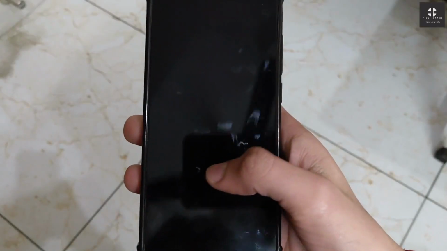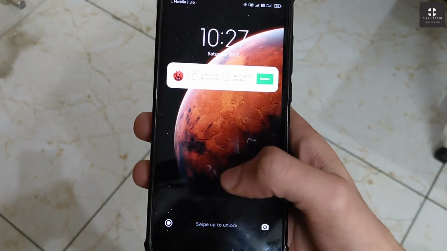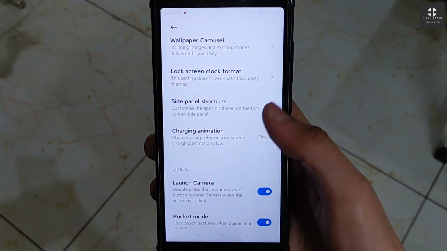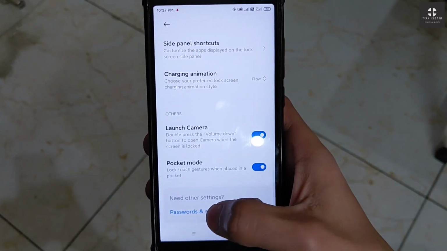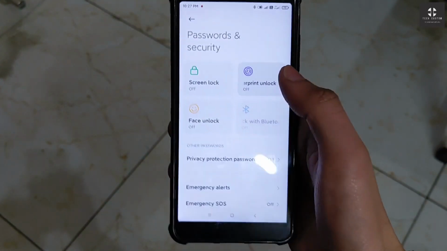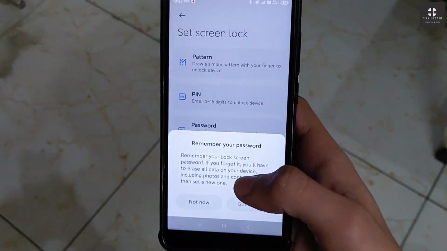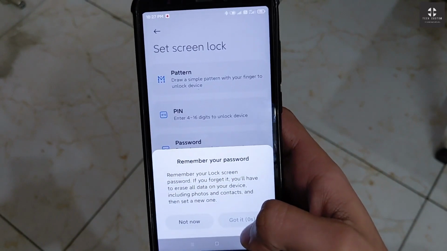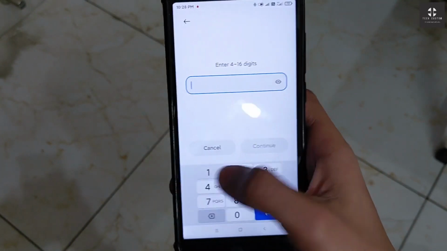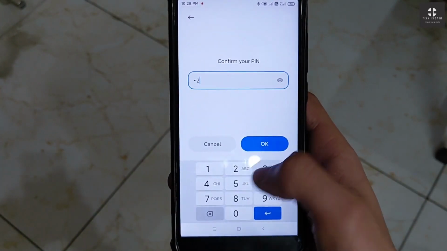And double tap to sleep. Here is the double tap to wake. Double tap to wake, double tap to sleep work perfectly, no problem in double tap. You can easily use these features. Let's check the fingerprint. How fast is the fingerprint compared with the previous MIUI 12 plus ROM? Here is the fingerprint. Let me apply the fingerprint.